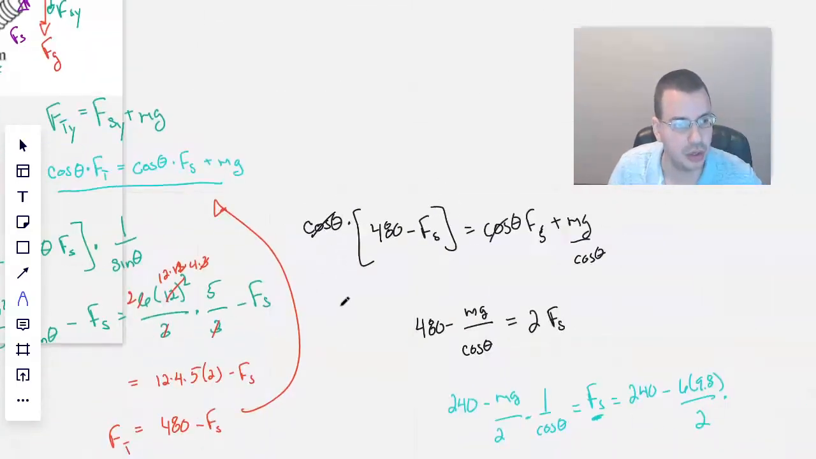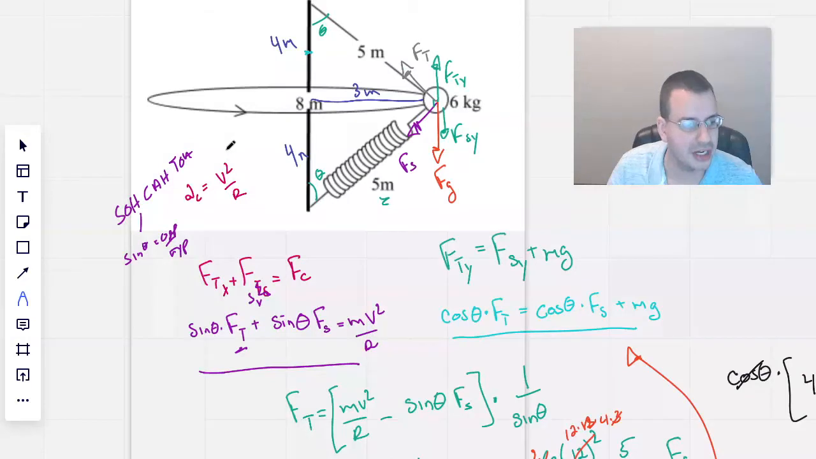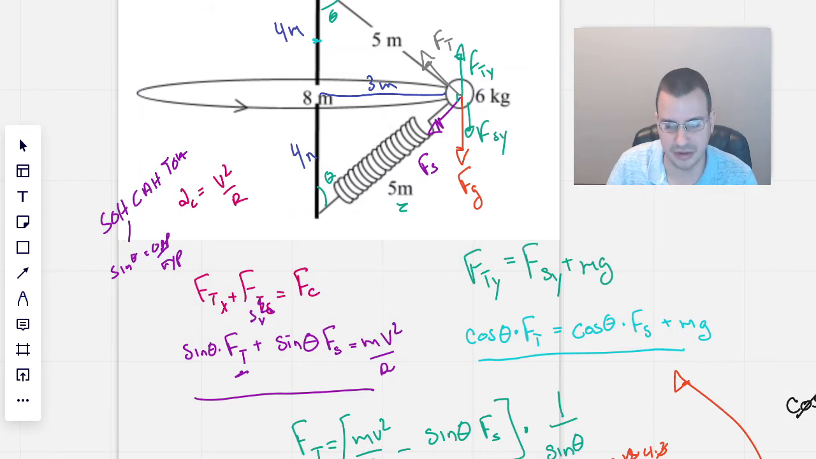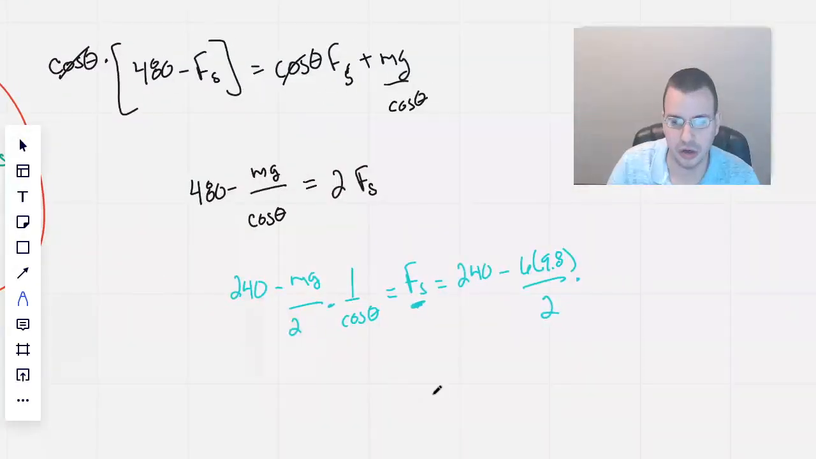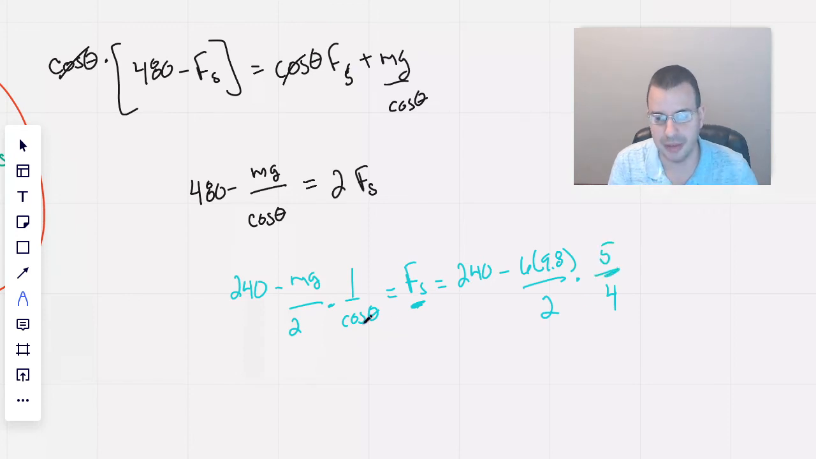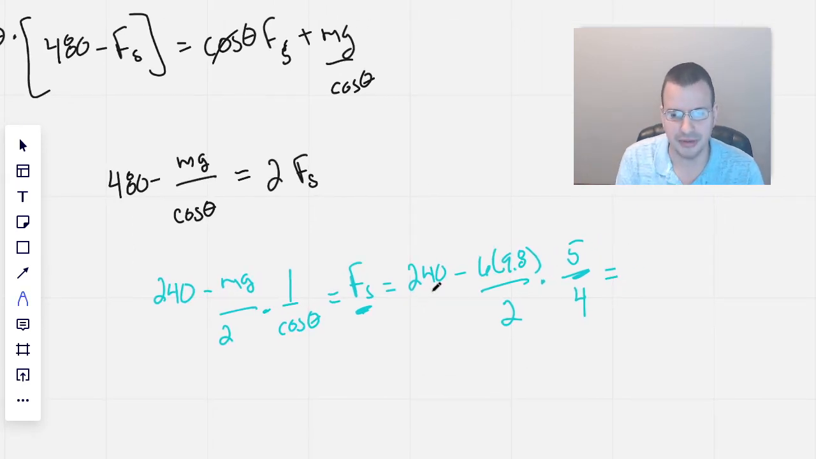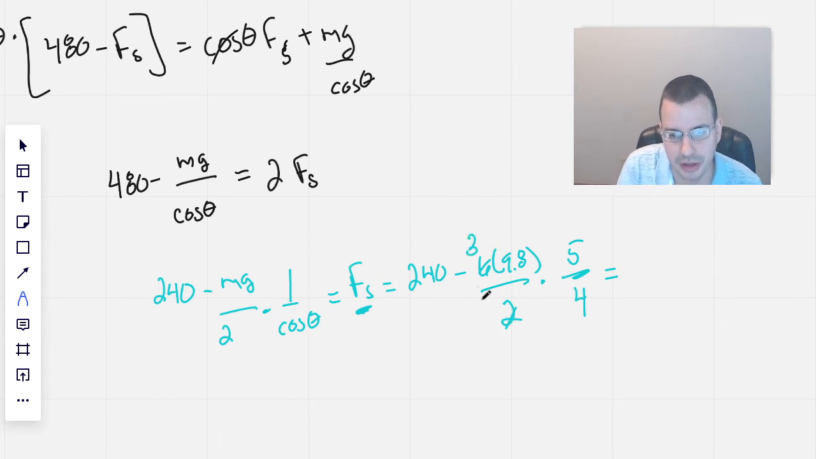Now from our SOHCAHTOA over here, we know that cosine of theta is adjacent over hypotenuse, where adjacent is 4, hypotenuse is 5. But then when we flip it, divide by cosine theta, we'll come with the 4 on the bottom. Yep, very nice. So do some simplifying here. The 2 goes away and this becomes a 3. Yep, so we have 240 minus